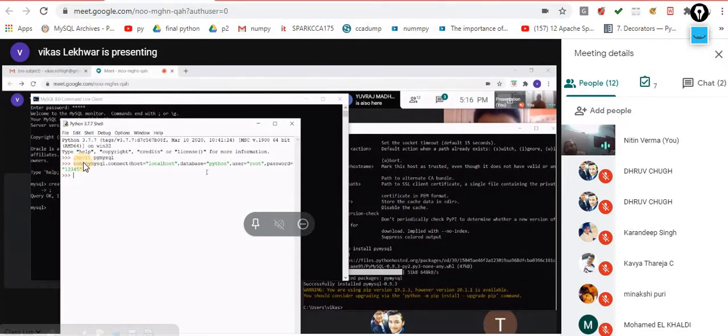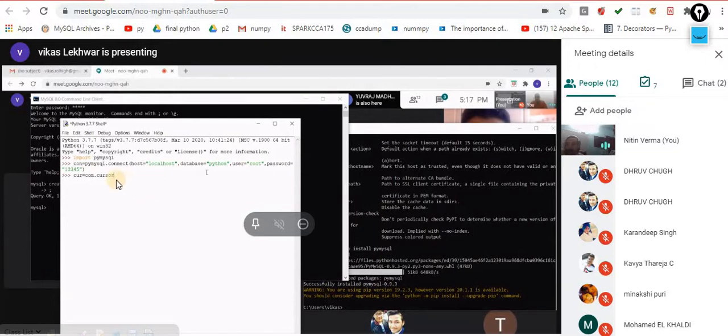So how can I create a cursor? Make a variable name, any variable name that you want. Let's suppose CUR. For the cursor I am making a variable name CUR, which is equal to conn dot, connection dot cursor. And no need to put this connection, because the connection is already established. Now with the help of this connection I am making a cursor.